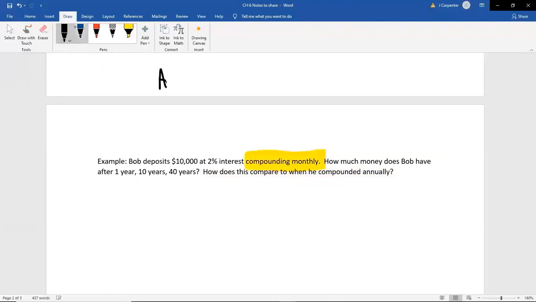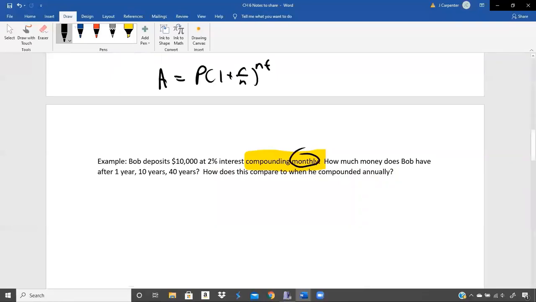As a reminder, because we're compounding monthly, we have to use this new formula, which is A equals P times (1 plus r over n) raised to the n times t. That's the new formula I gave you, which I'm not even going to hint that you have to memorize. It's on a formula sheet, which, by the way,